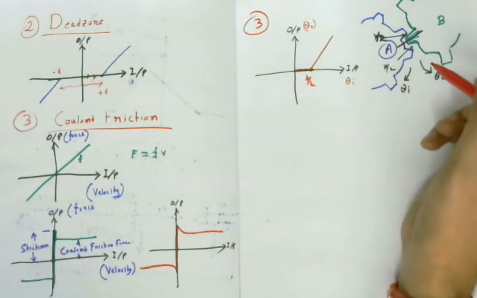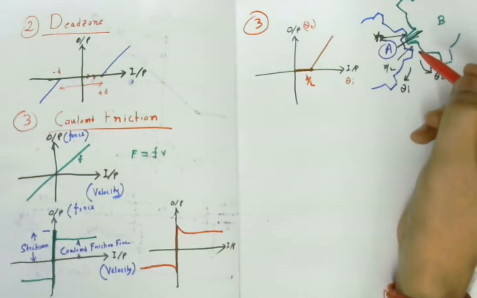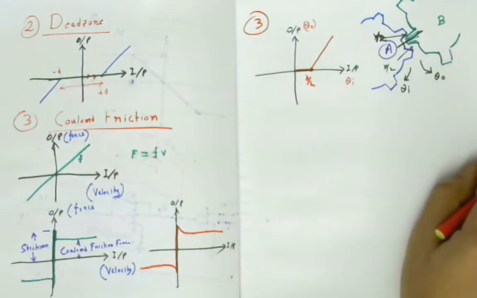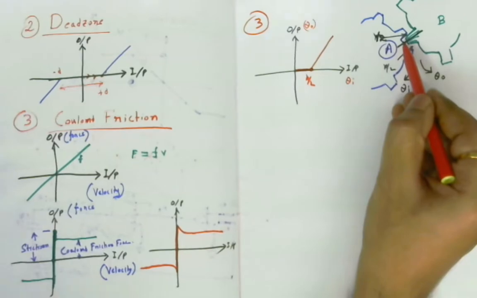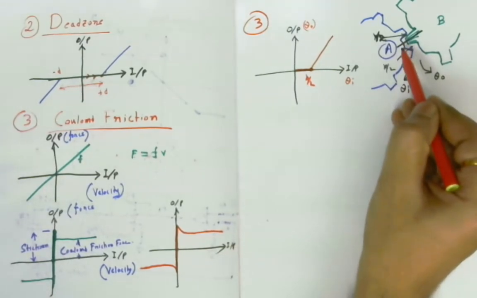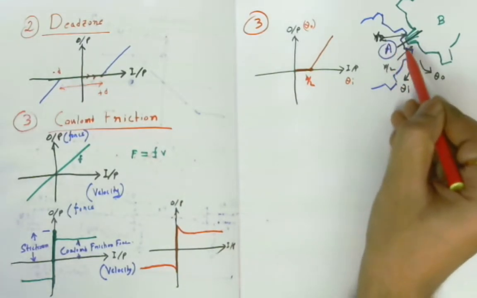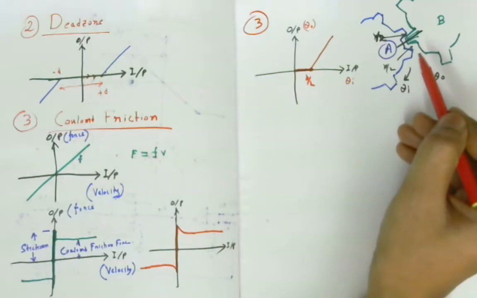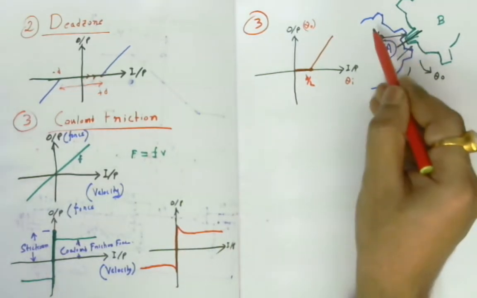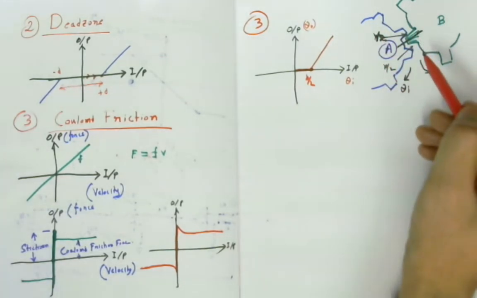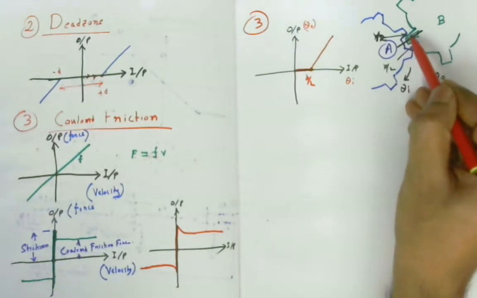Now this is, up to that point it is okay, I think. Now suppose the A gear is now moving in the backward direction. If the A gear moves in the backward direction, then the B gear also tries to move in this direction. But there is a gap, and